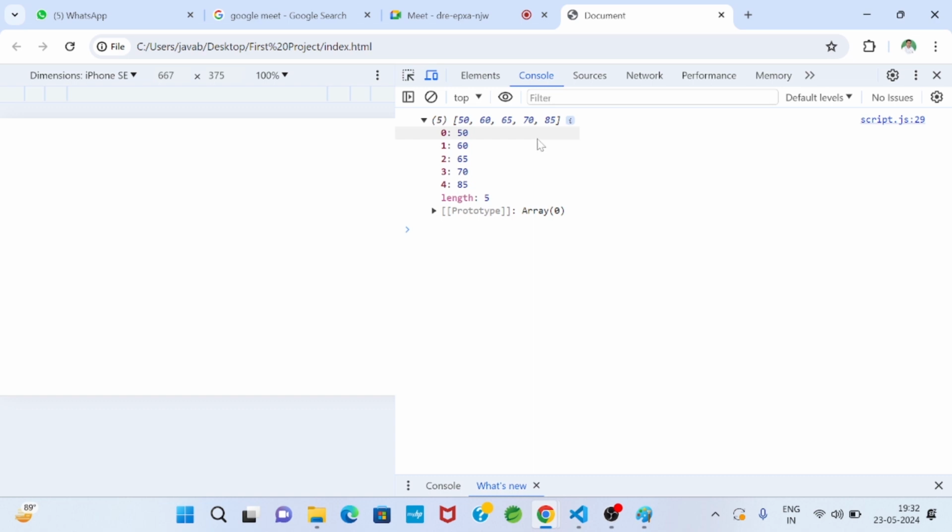Find the average marks of the entire class. Suppose an array of marks is given, and I have to find the average. So in which way will I write it?